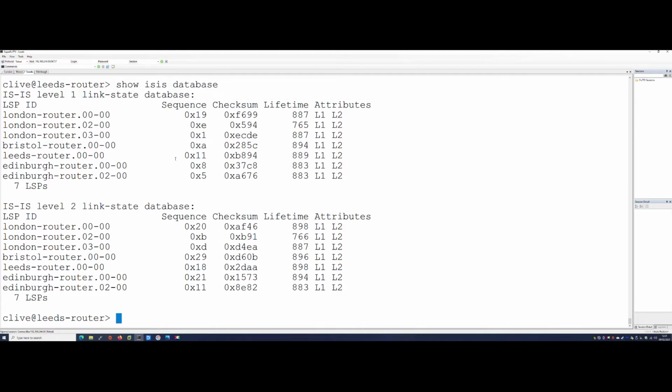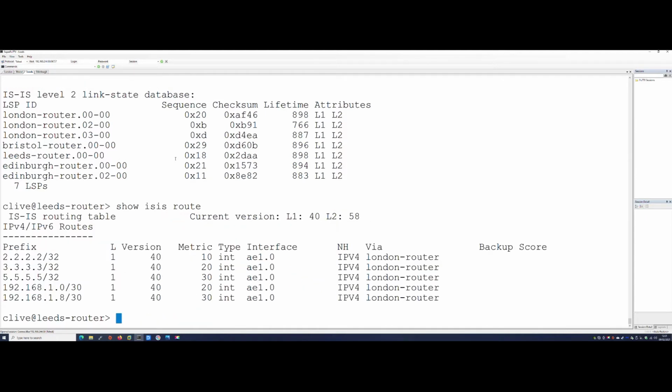Okay, let's have a look at our show isis route. This shows it in a little bit more detail of how we get to different networks, via the protocol itself, the metrics for that, and the interface. We only have the one interface going out, so they're all obviously going to have been learned on ae1.0. So now that we've had a look at that, let's go into